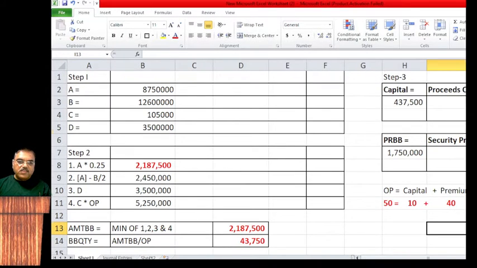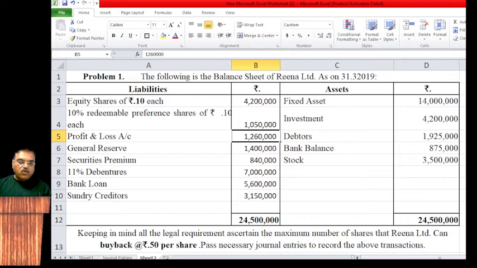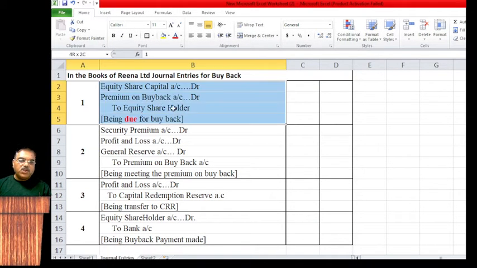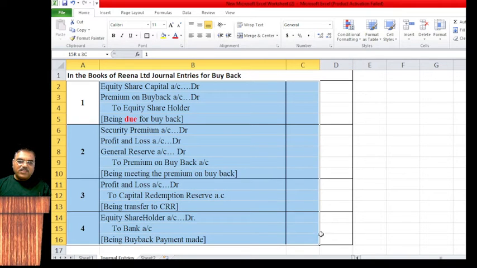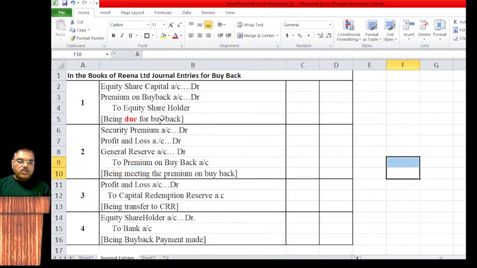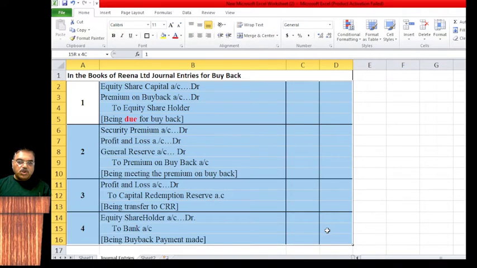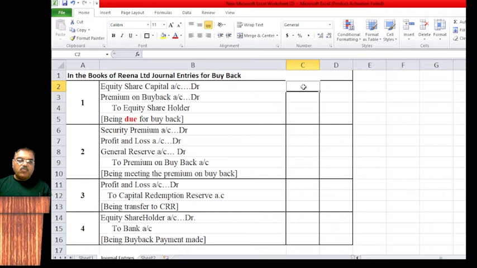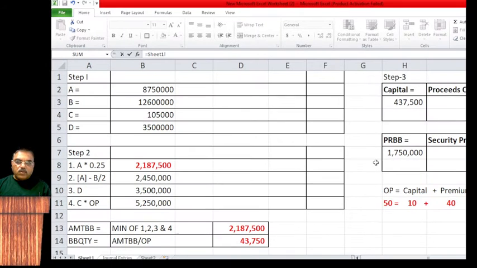Now let us see what journal entries we are going to write. All of you know that there are 4 standard journal entries. Just like redemption of preference shares, in buyback of equity shares also there are 4 standard journal entries. You can write that journal entry first and then start. First is equity share capital. Now this amount you will get from where? You will get it from the first formula, this figure